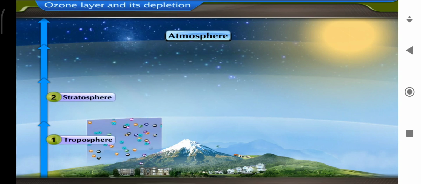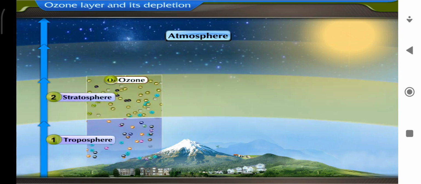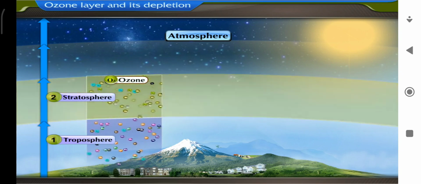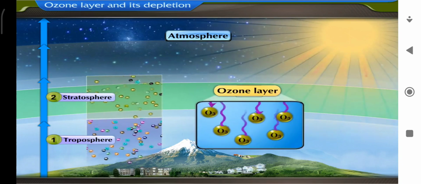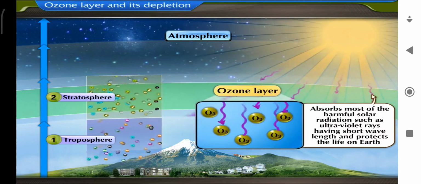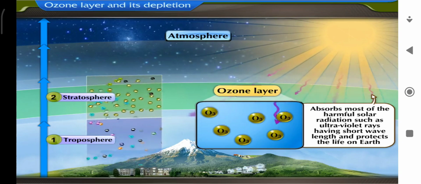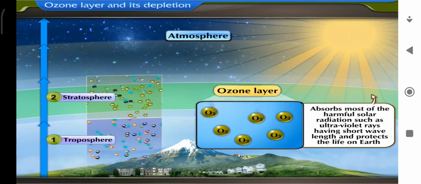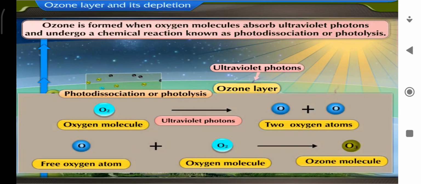Stratosphere is situated just outside the troposphere. This comprises ozone gas in large amount and forms a protective ozone layer surrounding the Earth. This ozone layer absorbs most of the harmful solar radiation, such as ultraviolet rays having short wavelength, and protects the life on Earth. Ozone is formed when oxygen molecules absorb ultraviolet photons and undergo a chemical reaction known as photodissociation